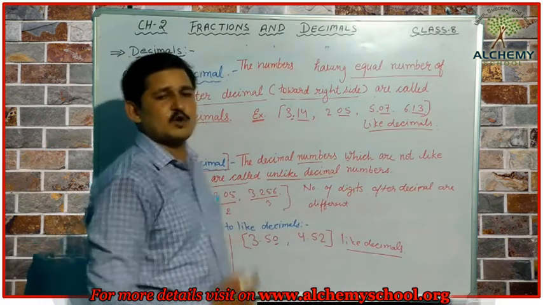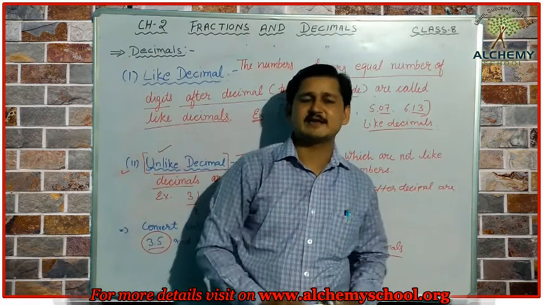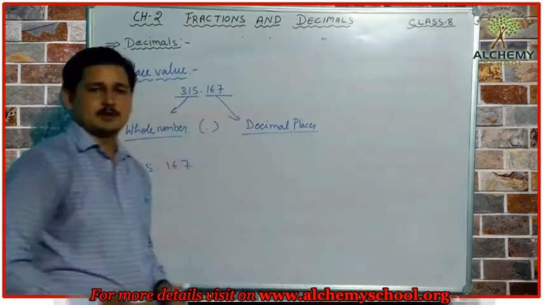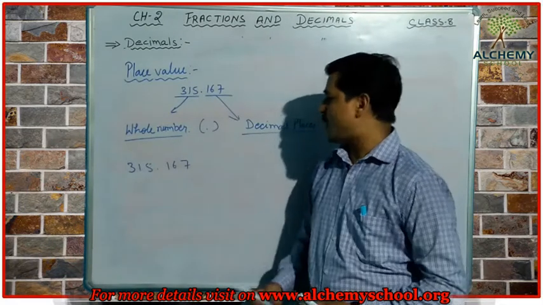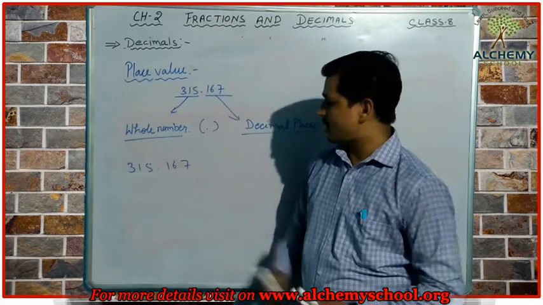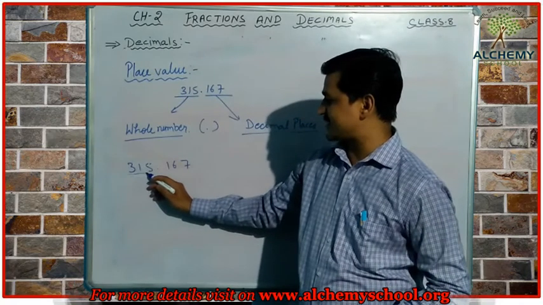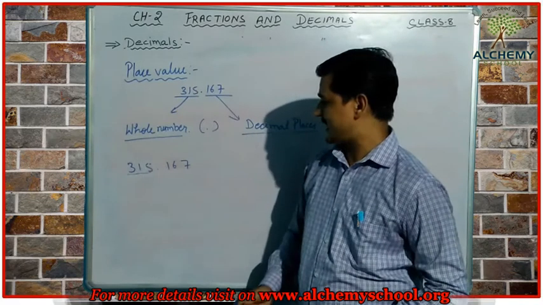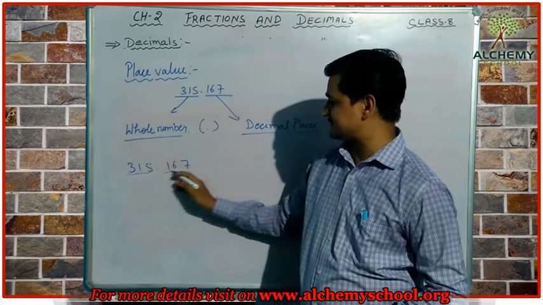Okay. So now we are going to discuss the place value of the different digits given in a decimal number. Okay students, now we are going to understand how we can find the value of different places given in a decimal number. In previous classes we have already discussed how we can find the place value of different digits for a whole number or for a natural number. Now we will try to understand how we can find the value of decimal places.